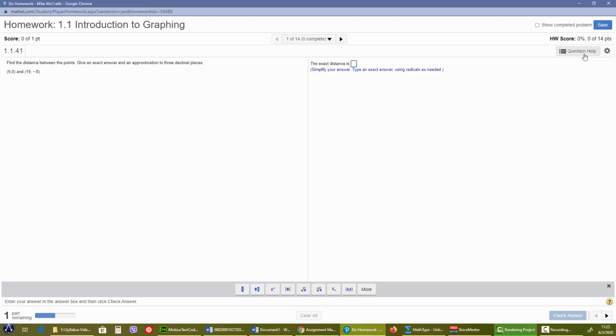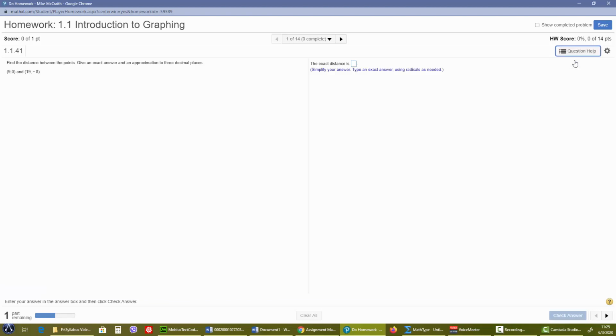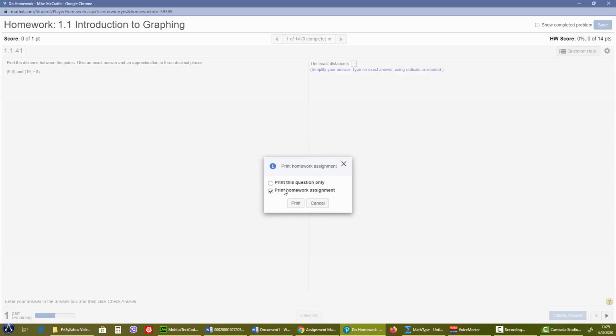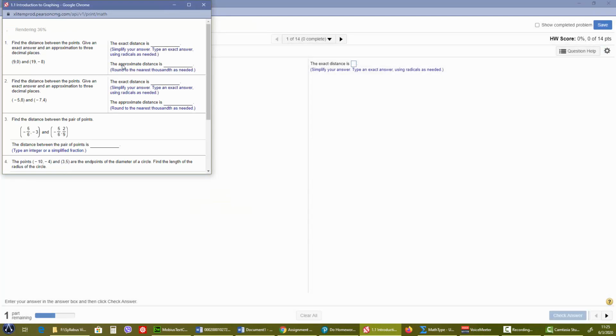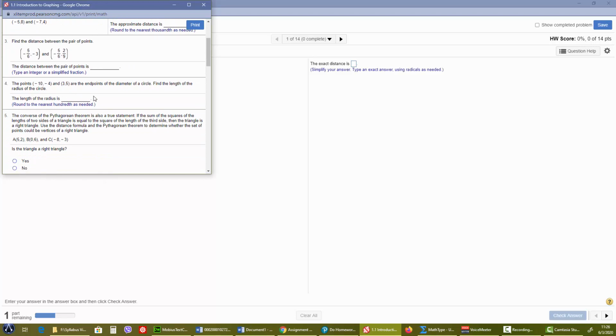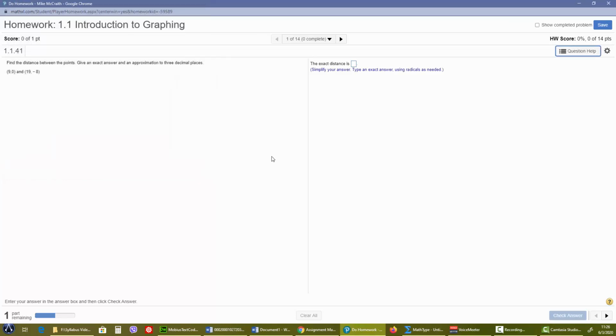And in the syllabus overview video, I was mentioning how you can print. If you click on question help and print, you can select print homework assignment and say print, and then it compiles everything. Even though it looks like they're right next to each other here, if you choose print and then make a PDF or actually print it out on paper, there should be some extra space so you can do some work in that homework.